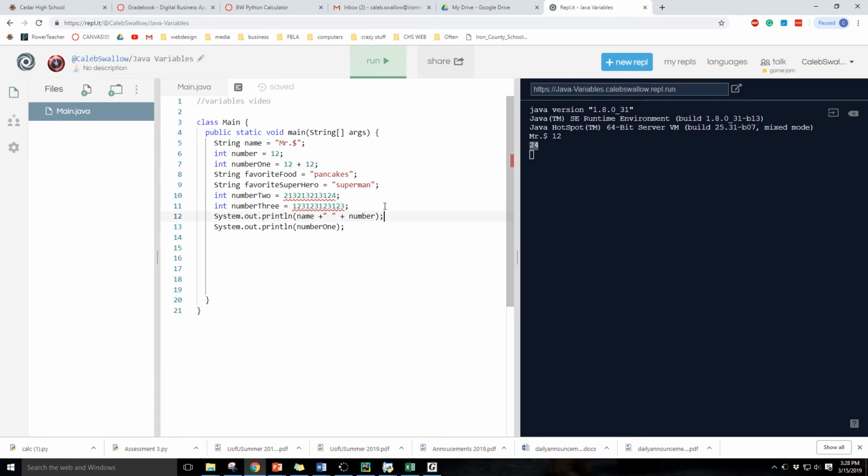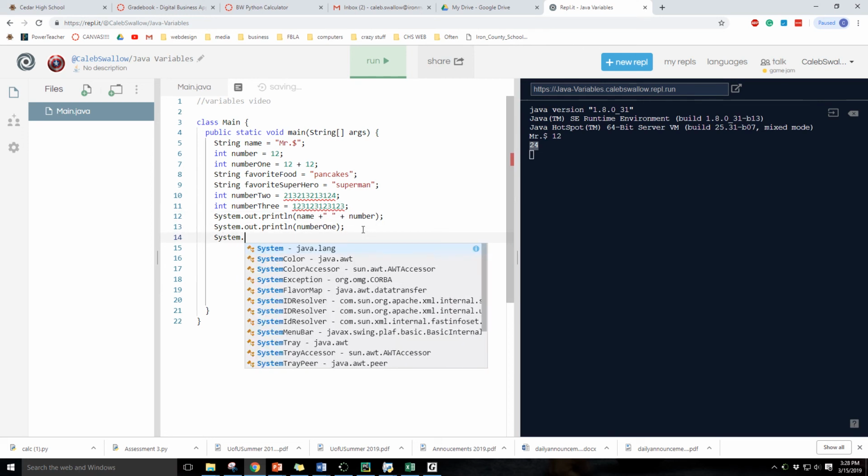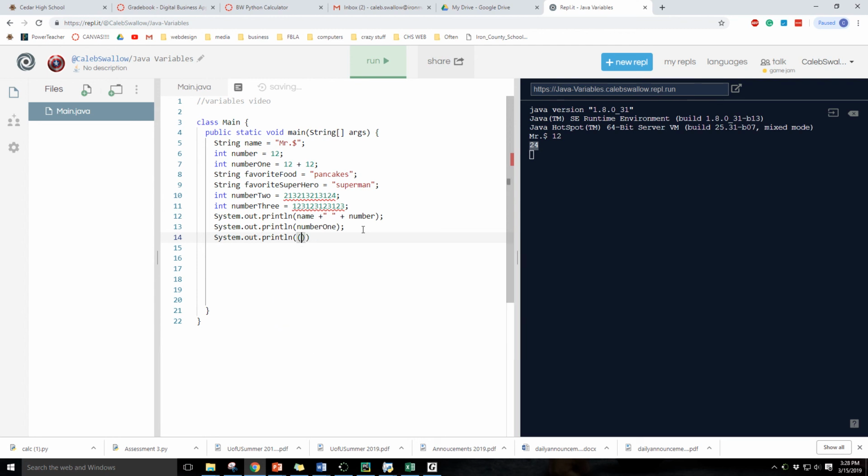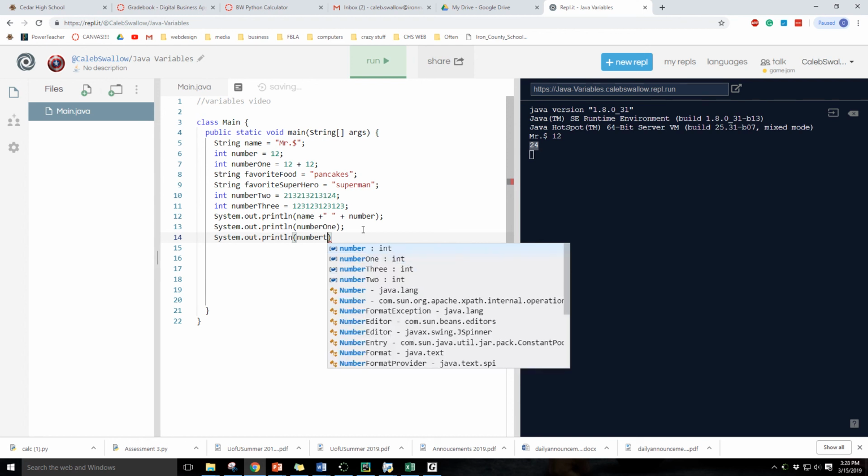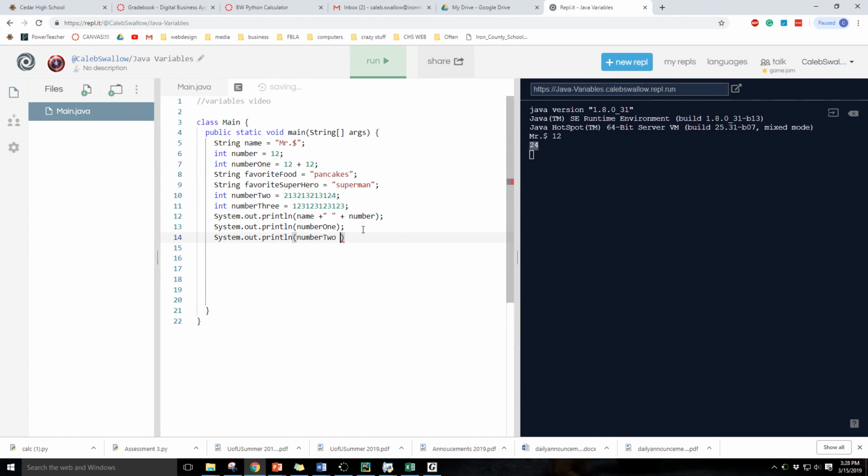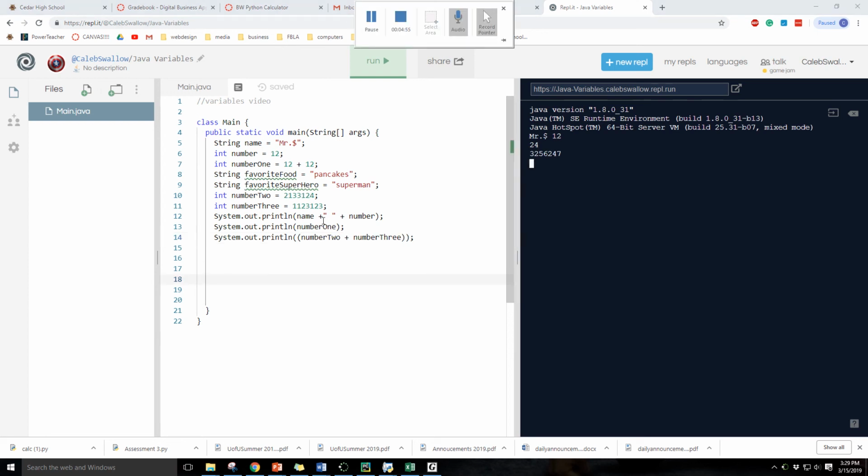Okay, and then just like in Python, we can also do math inside the print statement. System.out.println. You just got to practice that a million times. As soon as you practice it a million times, then you can type it like anything else. Number 2 plus. Oh, no, that's not going to work. Okay, so if we now run this,